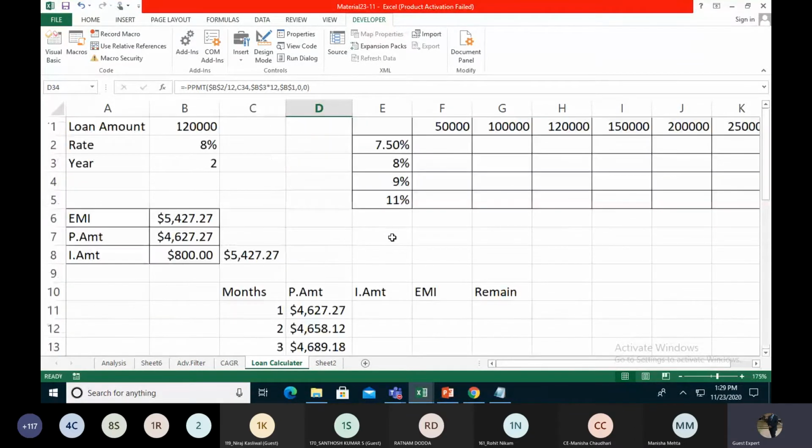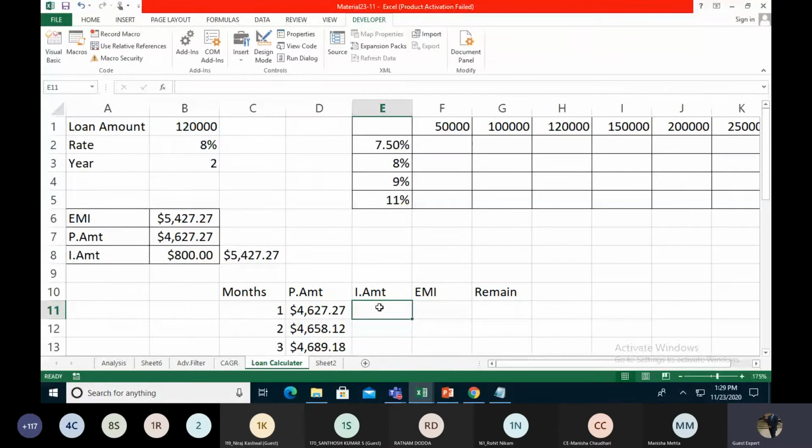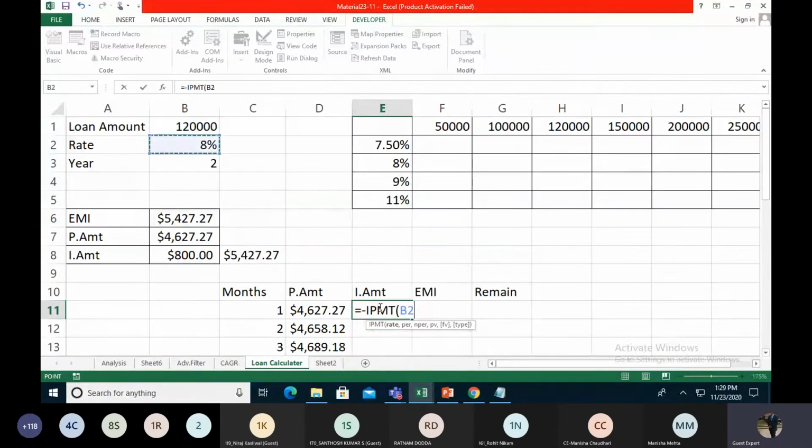Right now, we're checking the interest as well. So we take the rate, and we make it constant, divided by 12, per 1, comma, and nper, take the 2 years.